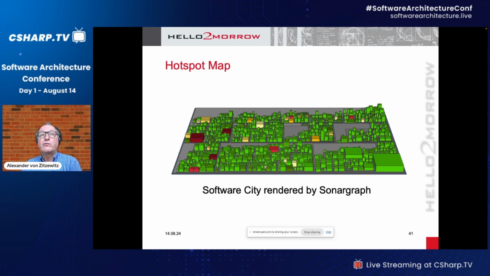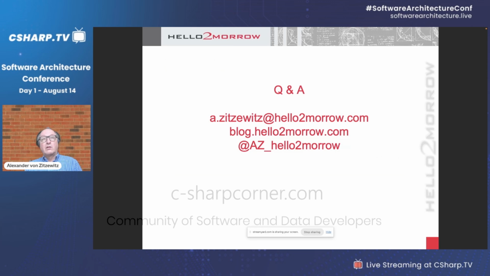So what we're looking for would be red skyscrapers. That is based on Apache Cassandra. We don't have a red skyscraper, but we have a pretty big dark red building. That's basically the core class of Apache Cassandra that is changed frequently, medium complex, and pretty big. So that is something where you may be focusing refactoring on. Okay, so